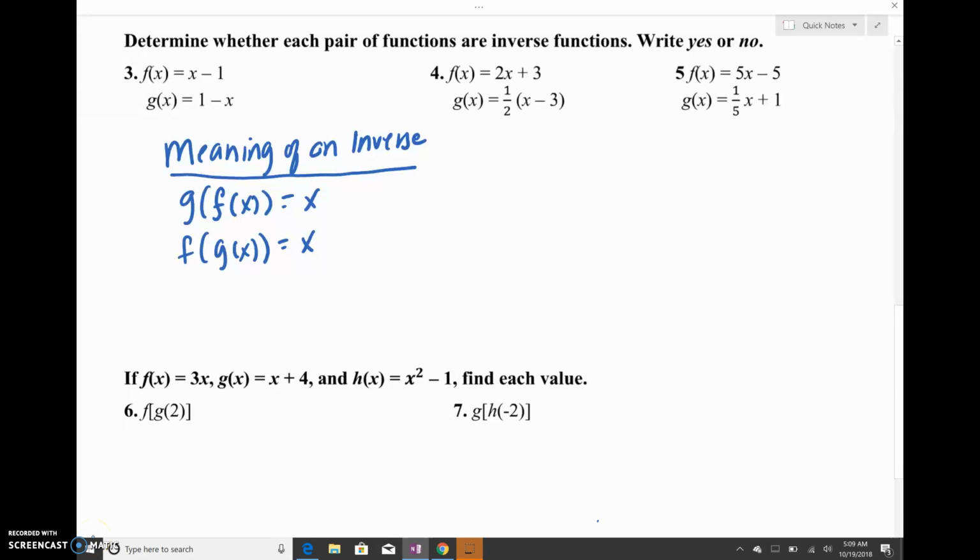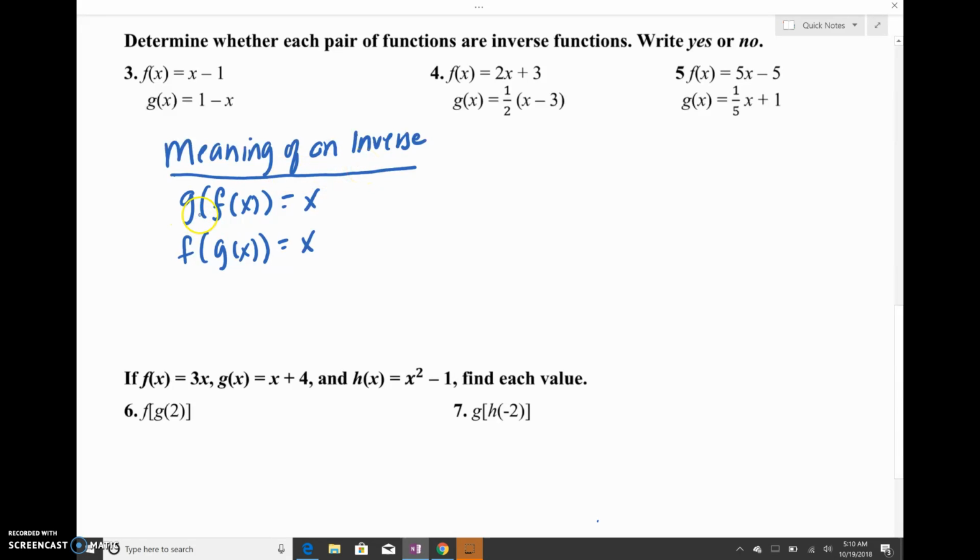What we're going to do is determine whether each pair of functions are inverse functions. For example, we have number 5. We have 5x minus 5 for f of x, and for g of x, we have 1/5 x plus 1. We have to recall that in order for them to be an inverse of each other, we need to know